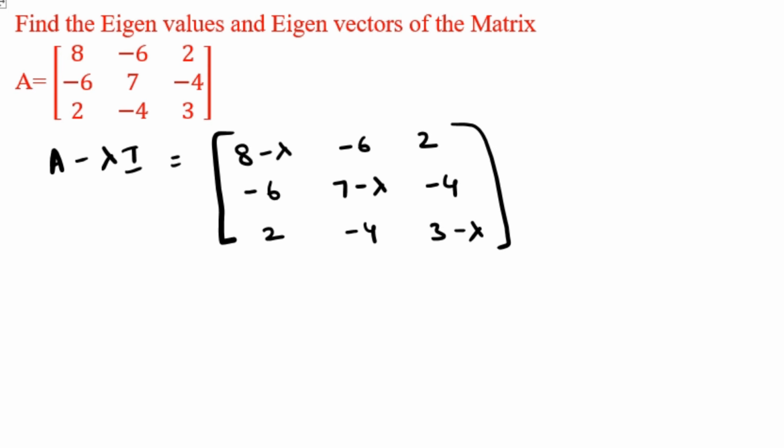The characteristic polynomial is given by the determinant of this matrix, that is, of A minus lambda I,